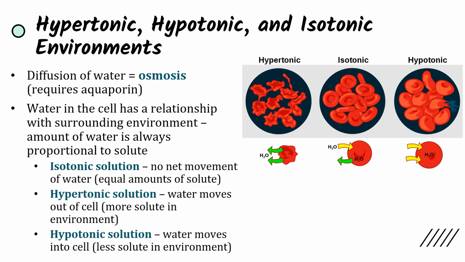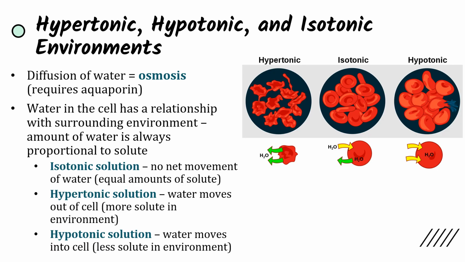Hypertonic, hypotonic, and isotonic environments. So, like I said, osmosis is the diffusion of water across the cell membrane. This is going to require an aquaporin, which is a membrane protein. And if you recall, that means this is going to use facilitated diffusion, membrane protein to travel across the cell membrane. Now, water in the cell is going to have a relationship with its surrounding environment. The amount of water is always going to be proportional to the amount of solute, or stuff, molecules in the